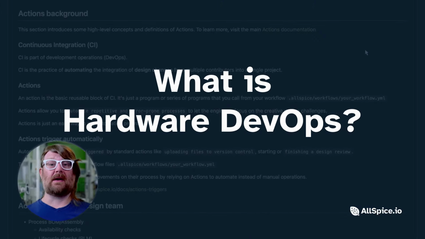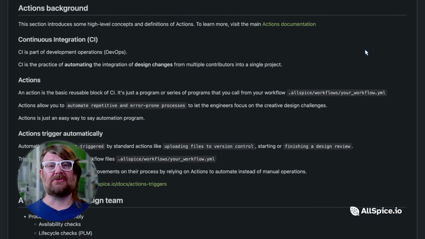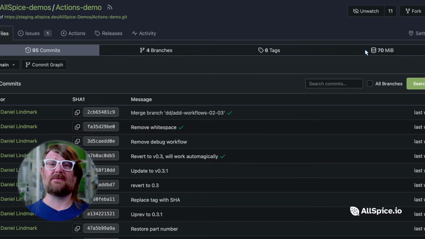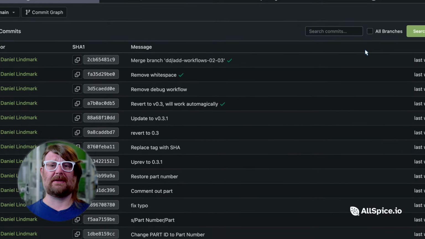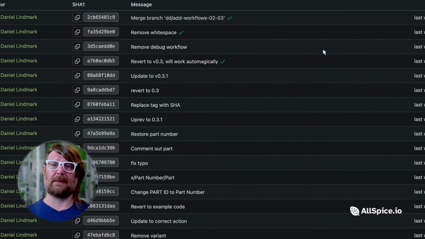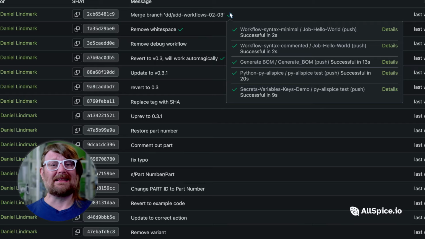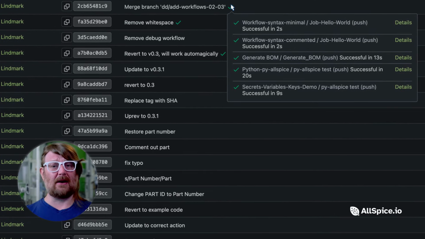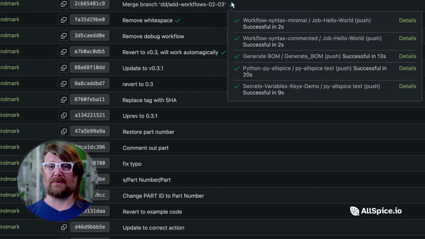Hardware DevOps combines practices and tools that enable engineers to streamline and automate their design process. This increases your team's efficiency while providing greater visibility and traceability into your hardware development operations. In other words, less clicking around and more designing. Let's take a look at some of the terminology and how engineers are using these practices and tools to develop